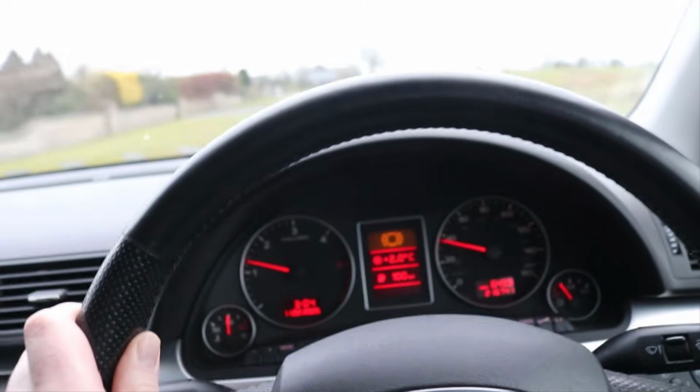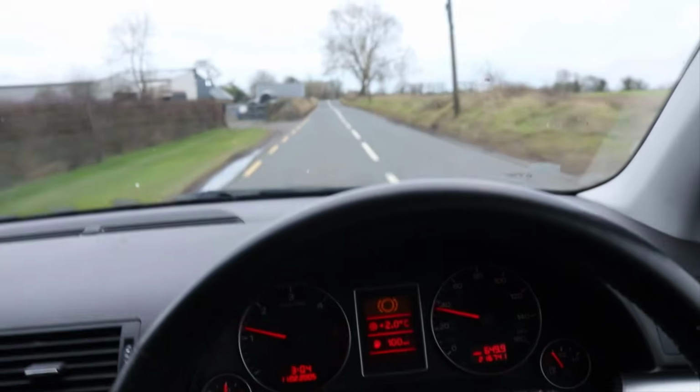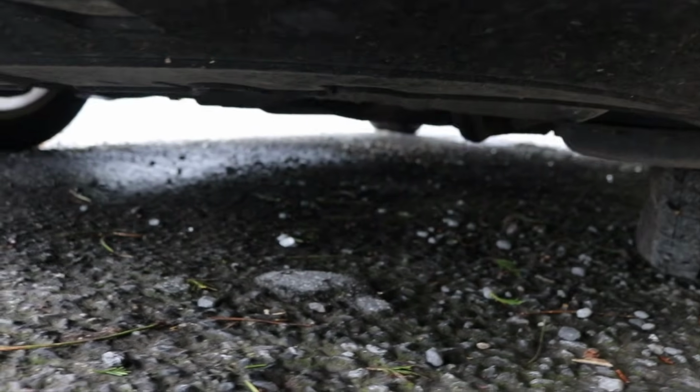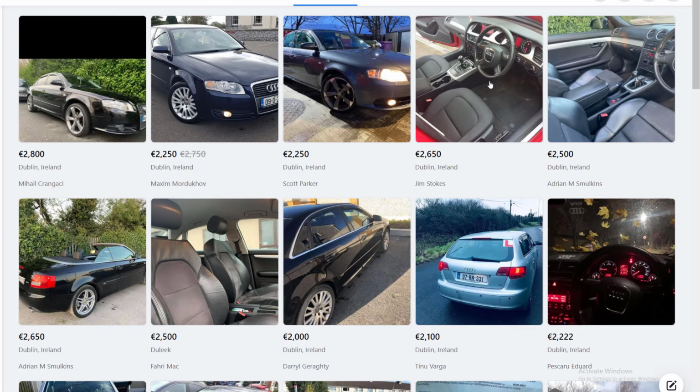I suppose it's hard to get 2 meters away in a car. Good for me though, as I can stop somewhere and have a good inspection of the car, so I can check under the car while running and make sure that there's no obvious leaks. The only issue I could find was the rear wheel was either a seized caliper or a brake pad right down to the metal. The owner was asking €800 for the car, which was a reasonable price,